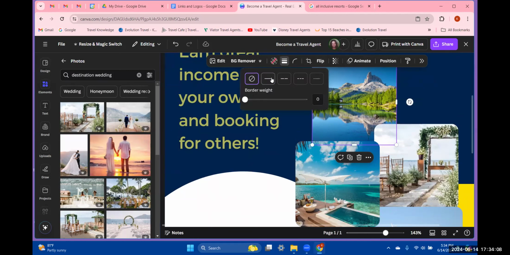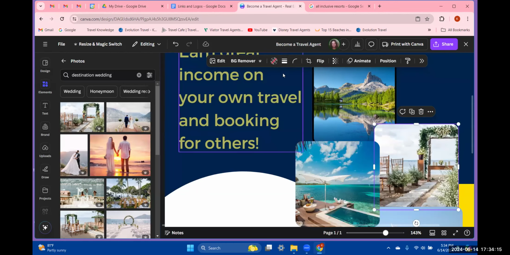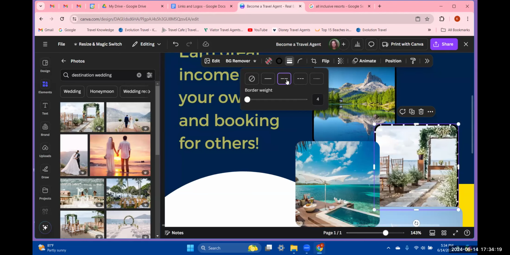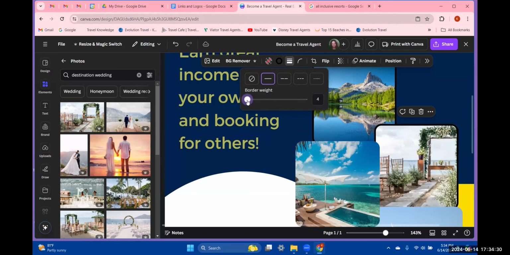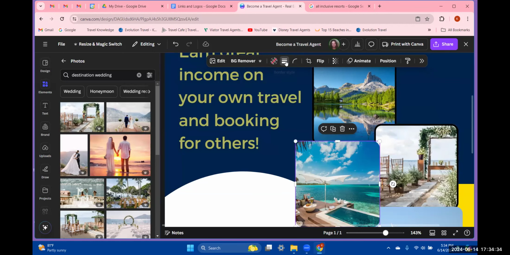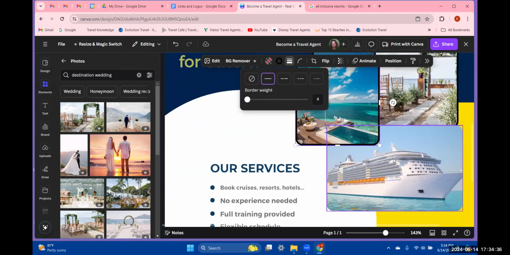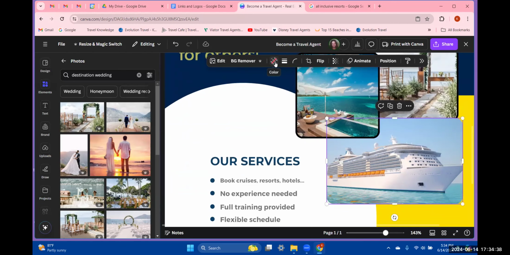So if I want to put a border on here, I can go ahead and put a border on all of these pictures. All I'm doing is clicking here and I'm clicking the border style, and I could choose different styles or a border, right? And so, whatever you feel like. I can also adjust the border weight, right? So I can really give it a border almost like it's matted. All right. And then I'm going to finish these and then show you one other thing that you can do to kind of make it